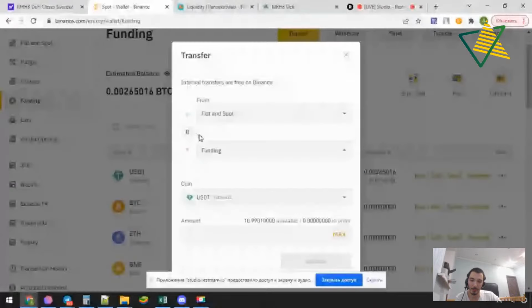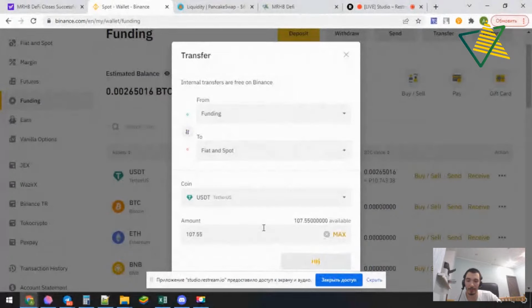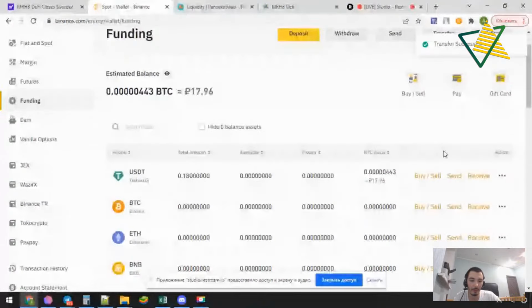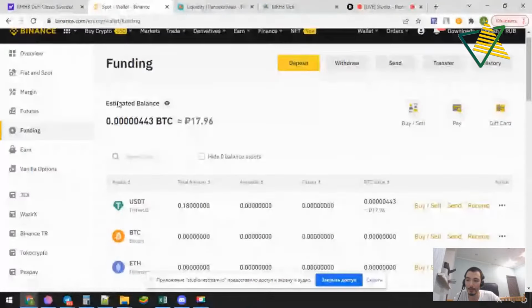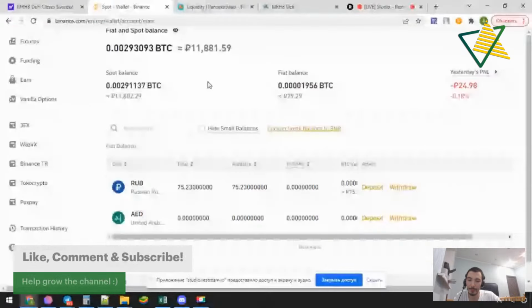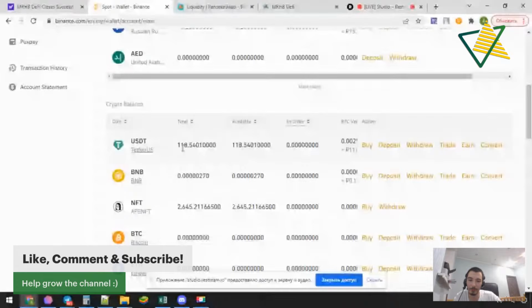Press maximum and confirm your operation. Okay, I'm going back, and we have all our USDT on the spot wallet now.